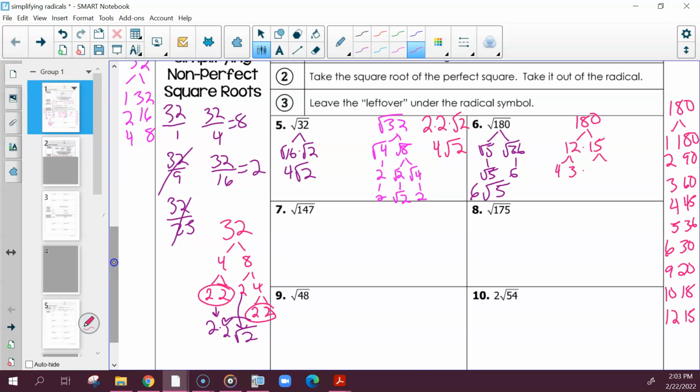For 15 we know that's 5 and 3. Then 3 and 5 and 3 are all primes, but we can factor 4 again to get 2 and 2. Then we're looking for pairs. So we have a pair of 2s and a pair of 3s. So we have one 2 that comes out, one 3 that comes out, because this is talking about there's one group of 3, or one pair of 3s, one pair of 2s, and then one 5 that stays in, and you would still end up with 6 times the square root of